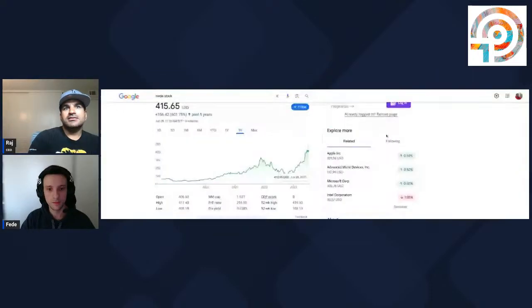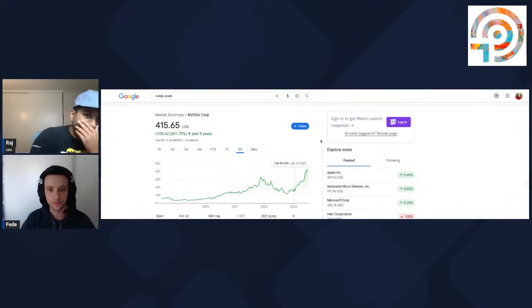Cool. Speaking of NVIDIA, their stock is just going through the roof. Let's analyze their stock. Let me present, share screen. NVIDIA stock. Okay, so you see my screen? Yep. So they're at 416 today. Over the past 5 years, 6x return. So if you invested 5 years ago, you would have 6x your money.